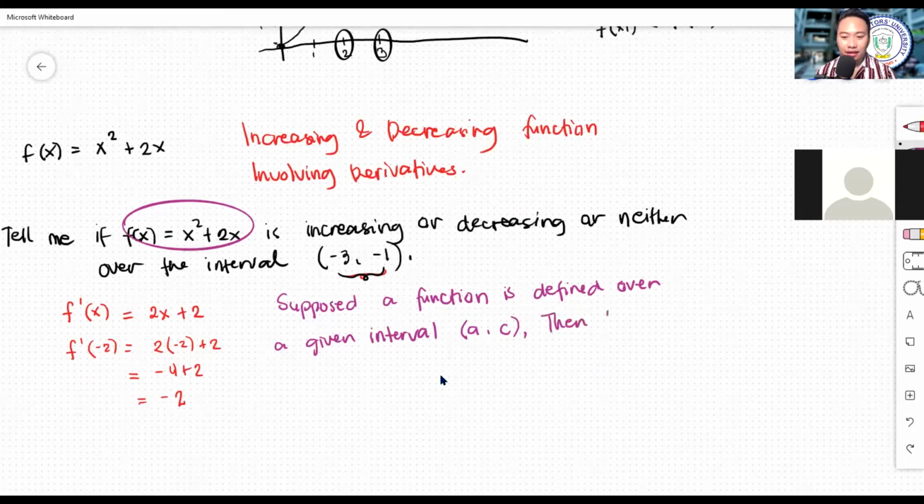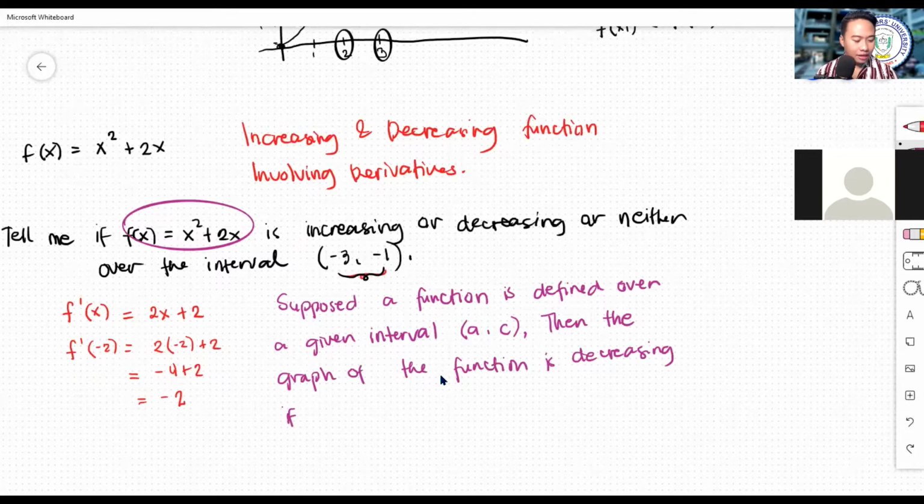Then, the graph of the function, kaning example ha, it's decreasing if the first derivative f prime of x is less than 0 for all